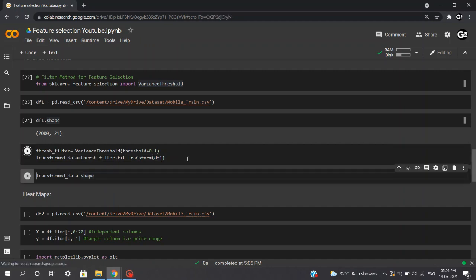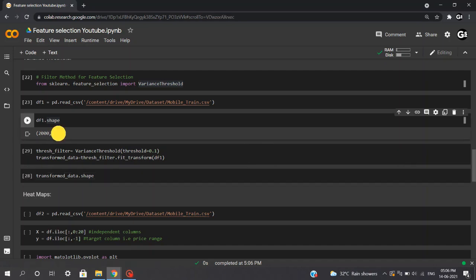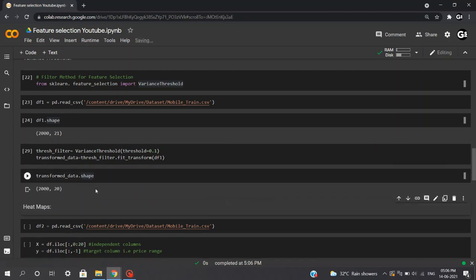Before executing variance threshold, our shape was 2000 rows and 21 columns. Now let's see the shape of our data. We can see we have 2000 rows and just 20 columns, so one column having variance less than 0.1 has been excluded from our data.